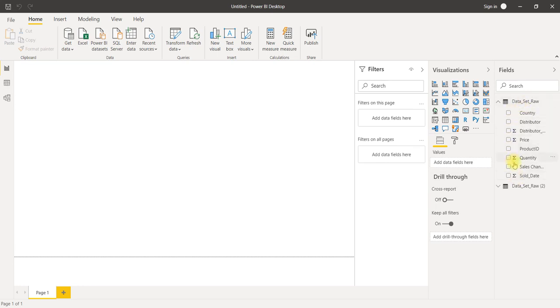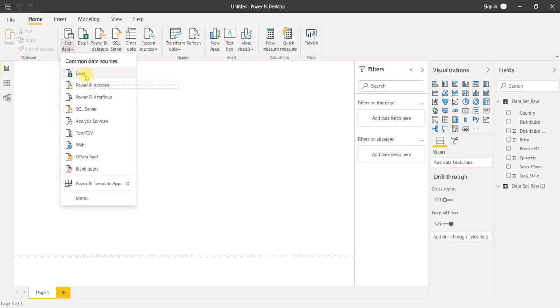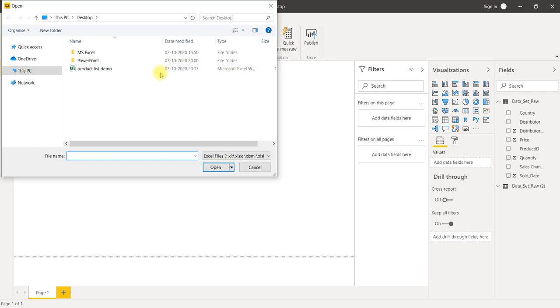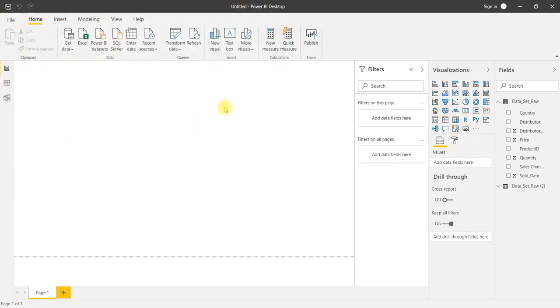By using these columns we can analyze the data by constructing a report. First we have to clean the data, we will learn how to clean the data. Then once you have cleaned the data, we will start visualizing the data. First, data connection, very simple. We have to go to Get Data, which is the source. Select that particular source, select the file which one you would like to connect and say Load. Select that particular sheet and load that particular data.